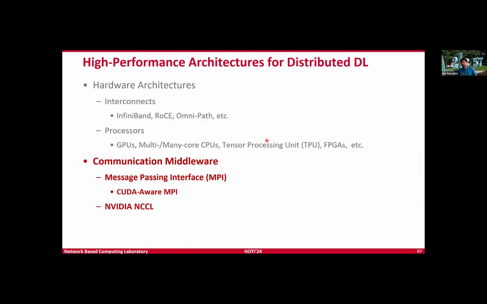So with this, we come to the end of the hardware side of things. I know this does not do justice to all the available hardware out there, but we just want to give you a flavor for what is out there. No hardware is useful to application developers without corresponding software to best utilize it. This is where communication middleware like MPI comes into the picture.